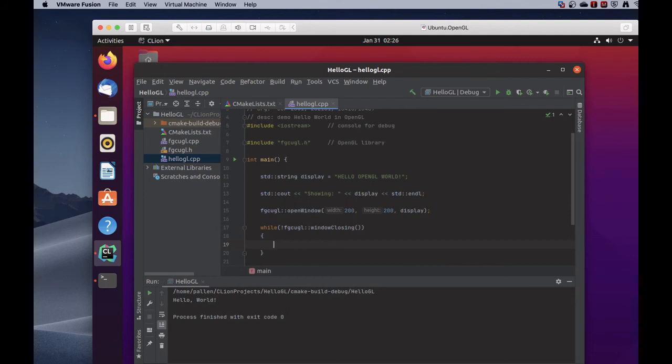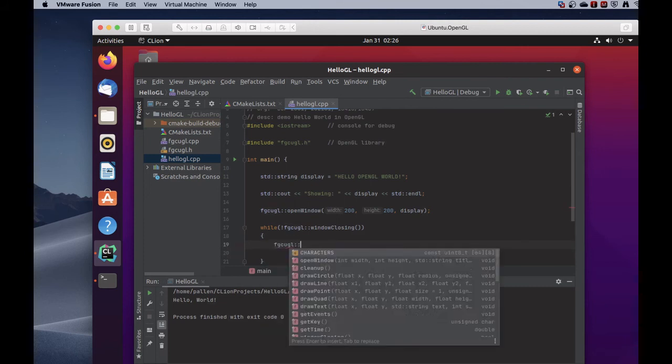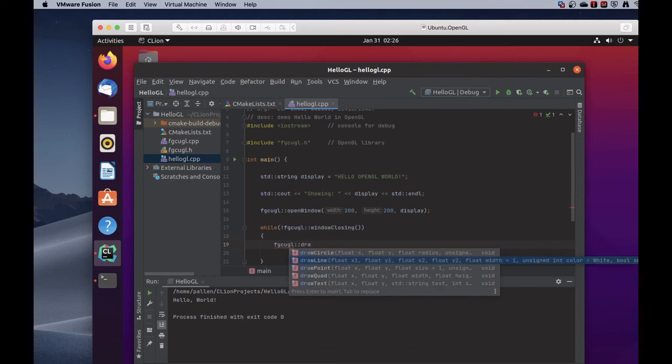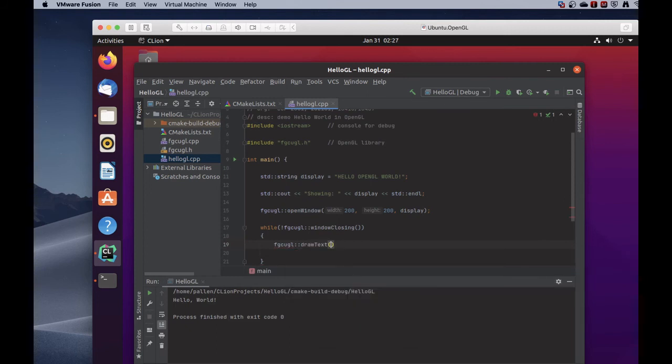All right. So while it's not closing, we can draw our text on the window. So let's do FGCUGL draw, and we want to do draw text. All right, and we need to put it somewhere. And so what we're going to do is, if I pop up the calculator,